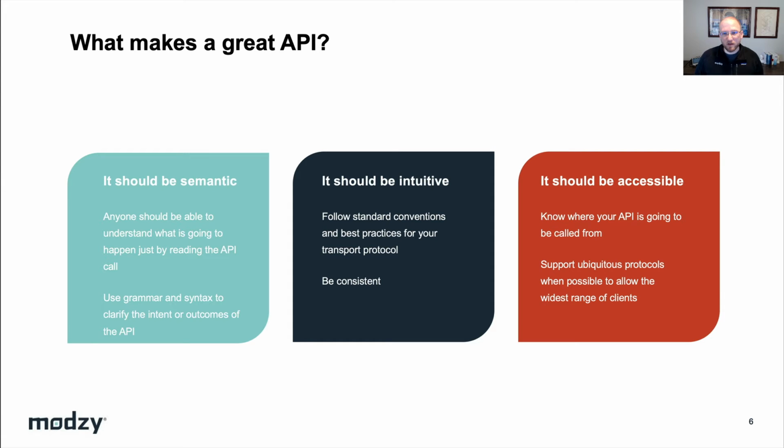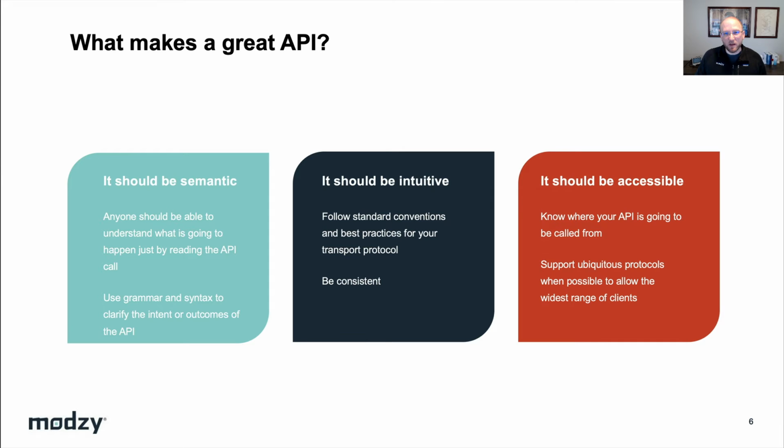Try not to invent a new authentication mechanism or pagination system if you can use one that already exists. Because then users will have one less thing that they'll have to learn, and the convenience libraries that your users use, they'll be able to continue to use. Remember that the goal at the end of the day is to make your API easy to use. So if a user can't use their favorite HTTP library because it doesn't support the custom HTTP method you're using, then that will make your API harder to use for them because now they have to craft raw HTTP requests or switch to a different library that they're unfamiliar with.